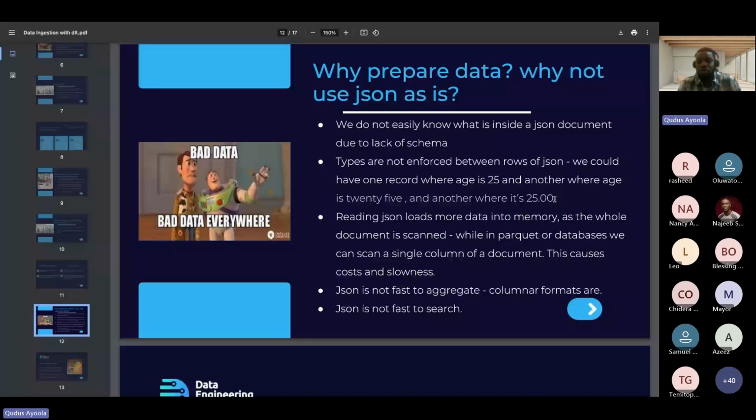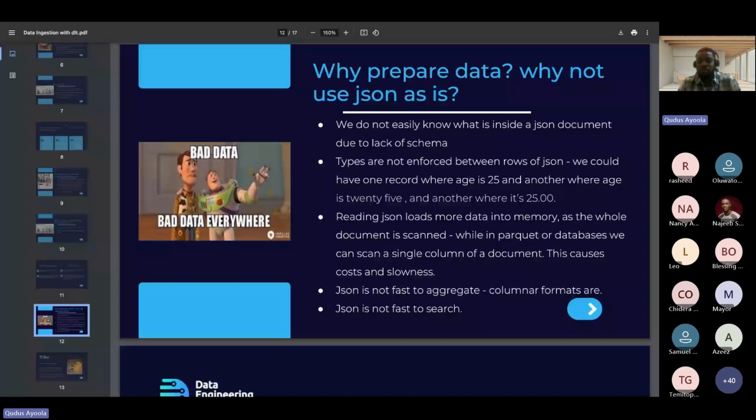And reading your JSON file, most times we scan the entire document into your memory. Unlike working with a CSV file, where you can read row by row, or a Parquet file that is a columnar storage, where you can read it block by block. So a JSON file can be really slow and might cost a lot when you are trying to read it. It's not fast for aggregation.